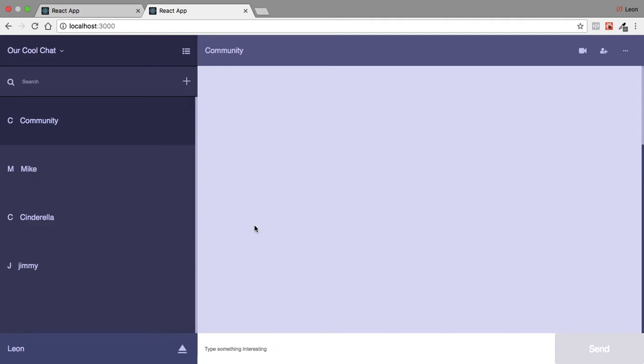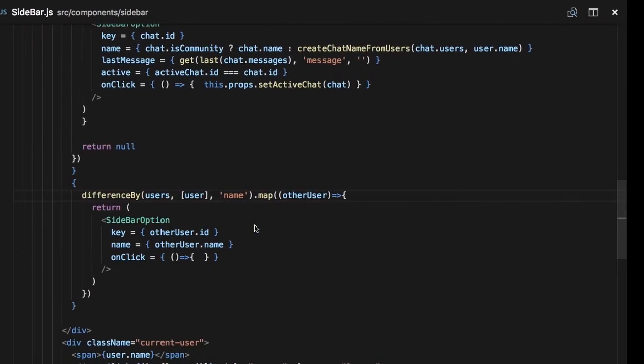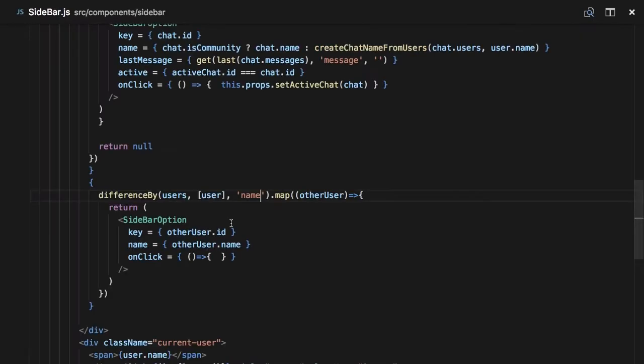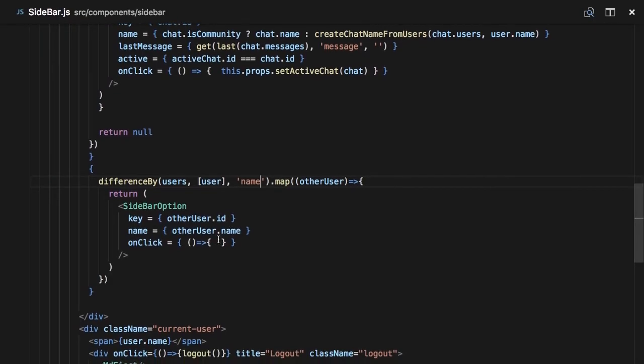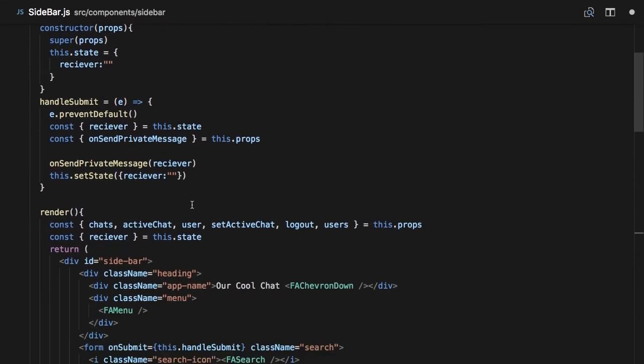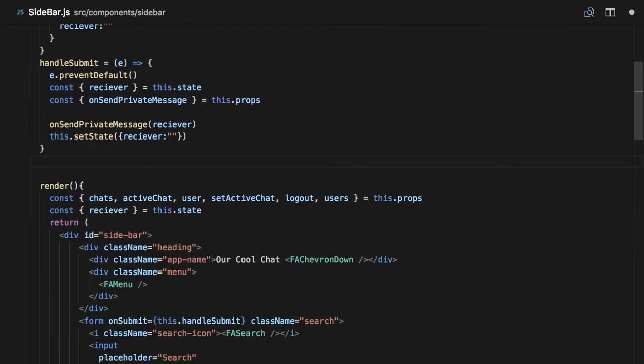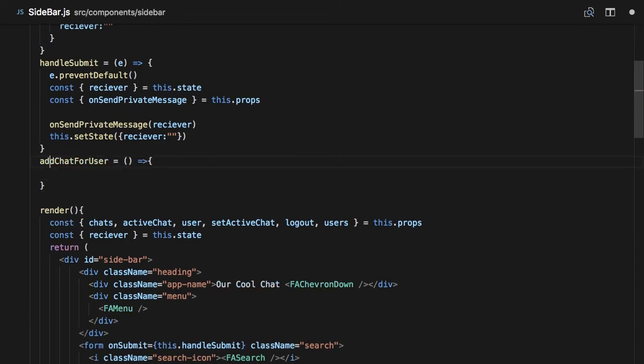So now that we have all that, we're going to go ahead and start trying to add chats for these users. So for this onClick function, we're going to say this.addChatForUser, and we're just going to say otherUser.name. All right, so now we're going to make that function inside here. So if we go up here and we say addChatForUser,